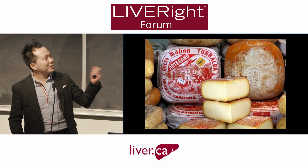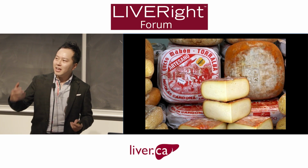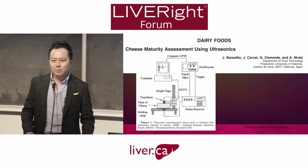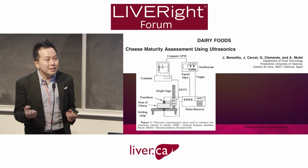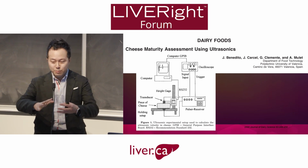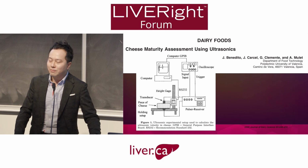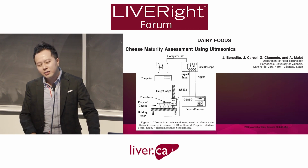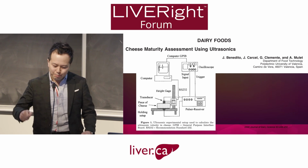So here's a picture of Mahon cheese, which is a cow's milk cheese from Spain, which is typically aged in a cave and is known for its delicious tangy flavor. And the challenge with Mahon cheese is to know when it's done being aged in a cave. Typically, you would need to take a little core biopsy of that cheese wheel that's breaching the surface and then examine it and understand if it was ready to go. And over time, food scientists wanted to understand, is there a non-invasive way we could do that? Is there a way we could figure out if that cheese was done ripening without poking a hole in it